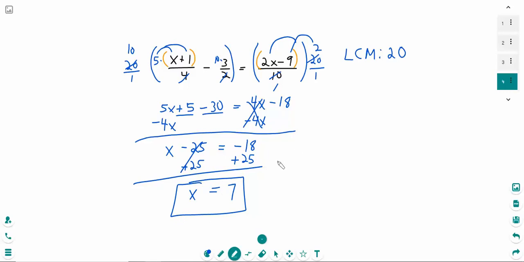So hopefully that made sense. Again, it's pretty straightforward. The hardest part might be actually just finding our lowest common multiple. So hopefully you haven't forgotten how to find that least common multiple. We did do a lesson on it way back when, and we've been kind of using that method for a while now for adding fractions and whatnot. So hopefully that'll be pretty straightforward to you. The rest is just canceling out the fractions and then solving the